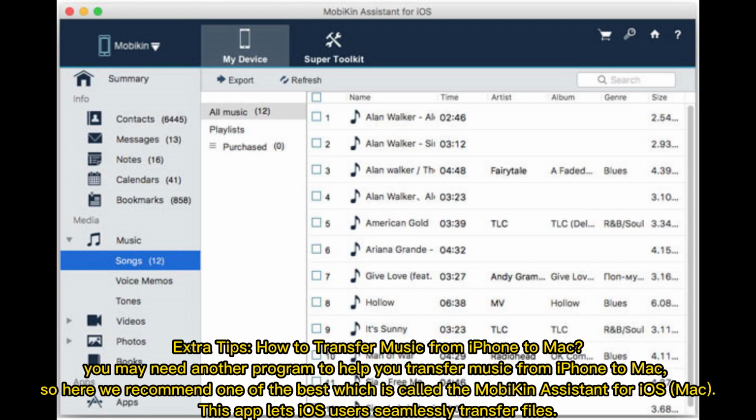Extra tips: how to transfer music from iPhone to Mac. You may need another program to help you transfer music from iPhone to Mac. So here, we recommend one of the best, which is called the MobiKin Assistant for iOS (Mac). This app lets iOS users seamlessly transfer files